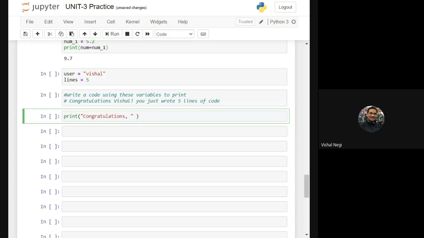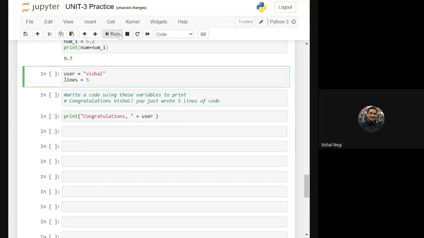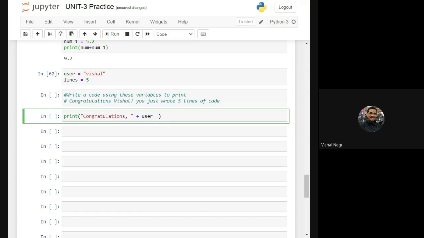Okay. Now I want to add user. So user is basically Vishal. Let me first define that. So user is Vishal in this case. Again, I want to add what next, Vishal, and then I want to use an exclamation sign. You just wrote 5 lines. So from the exclamation to wrote and then space, we can actually copy and type it in here. Okay, wrote, then again plus,